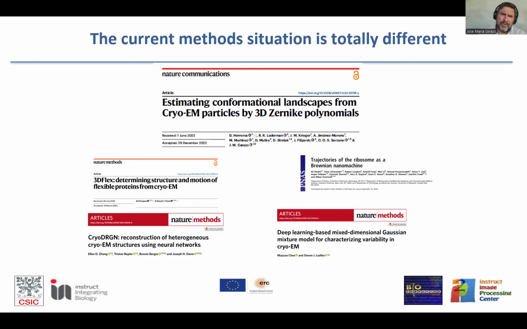And now we are in the field of conformational variability. We are there, but we are not the only people working here. It's a crowded field, perhaps 3 or 4, a little bit more perhaps, groups in the world, Joachim included, of course,